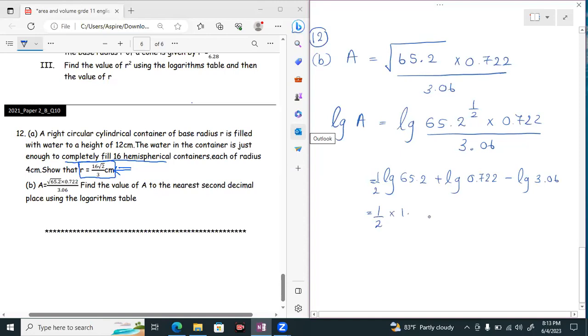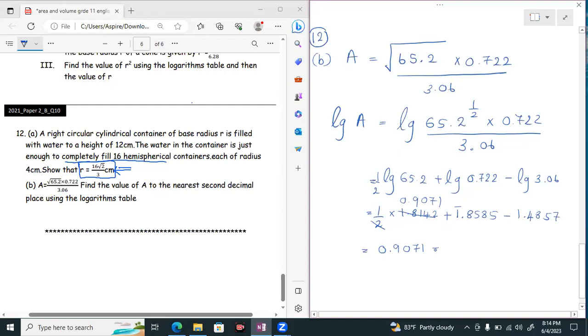Log of 65, 8142, and now here it is 0, so it should be bar 1. Log of 72, 85. Here log of 30, 4857. 4857 here you can divide. It is 0.9071. Okay, the